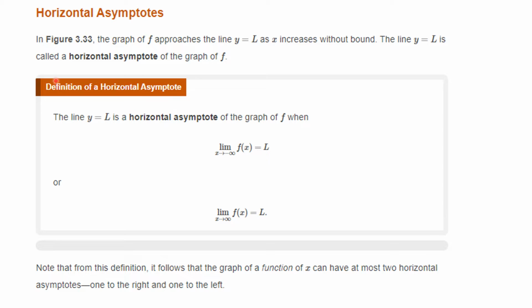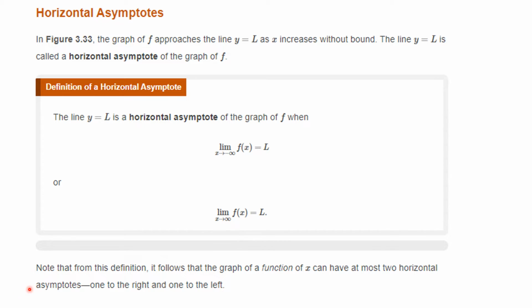And you might remember that back in your pre-calculus, you called these horizontal asymptotes. And so the line y equal L is a horizontal asymptote, and here's the official definition in terms of limits. The line y equal L is a horizontal asymptote of the graph of f when the limit as x tends to minus infinity of f(x) equals L, or the limit as x tends to infinity of f(x) equals